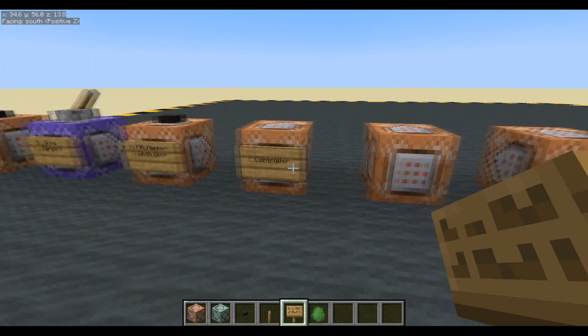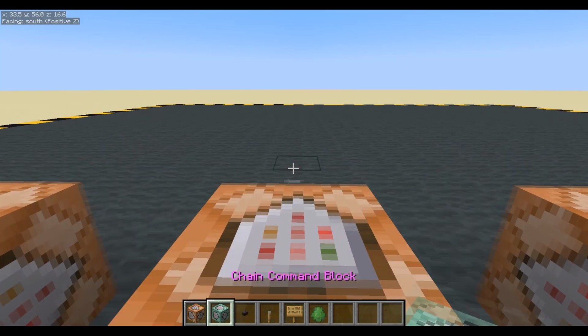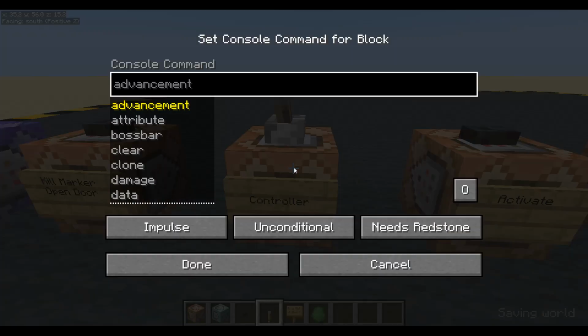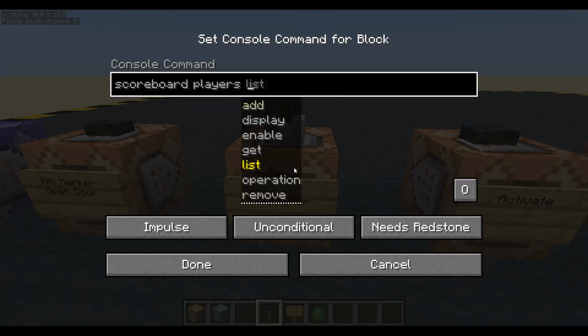You can stay on the second line. I'm happy with that. You are going to be activate. So this is the command we're going to run when we want to activate it. Okay. Controller is that. Right. Controller. We are going to scoreboard players